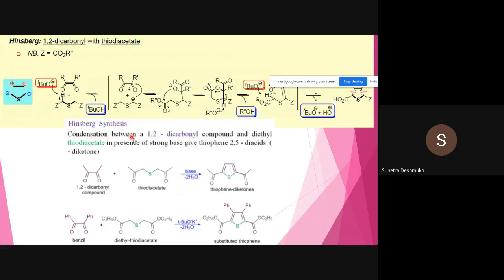So in short, this is the mechanism of the Lawesson's reagent or Paal-Knorr synthesis of thiophene. Now next